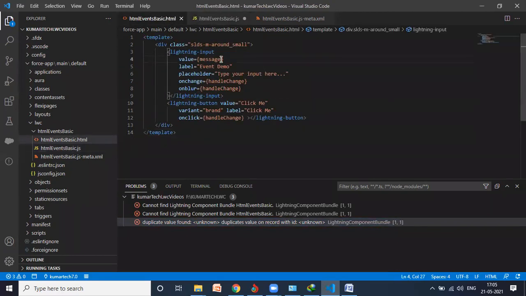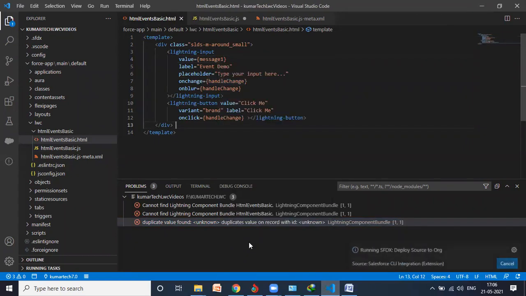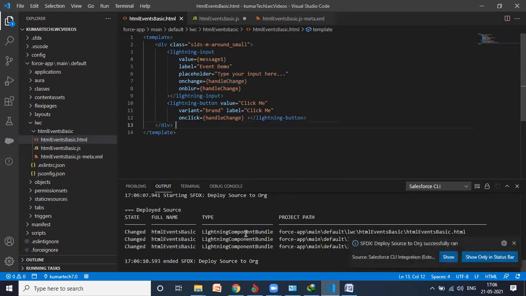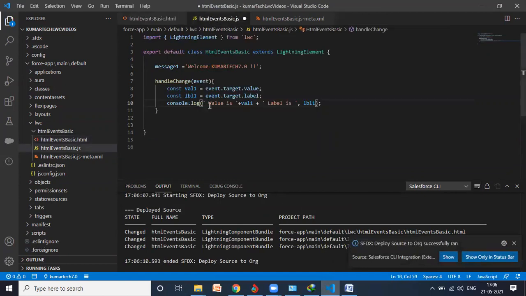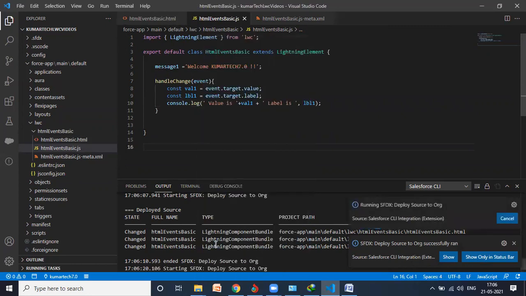Instead of that, I will type message one. Okay. Anything else required? No. Let me save this. Let me deploy this. Okay. Let me save this. Again, the same error.